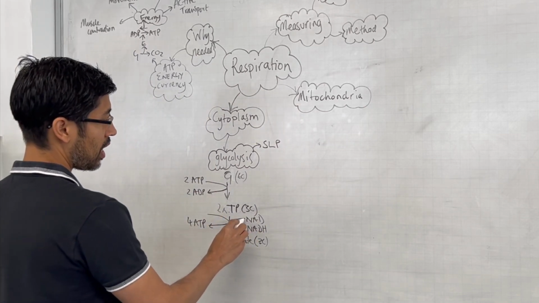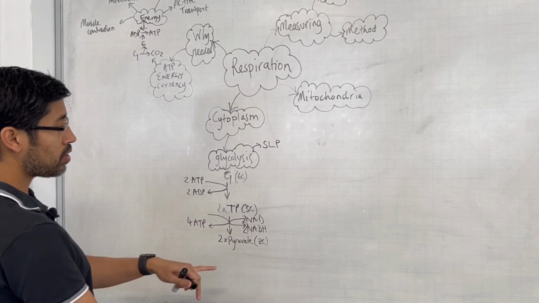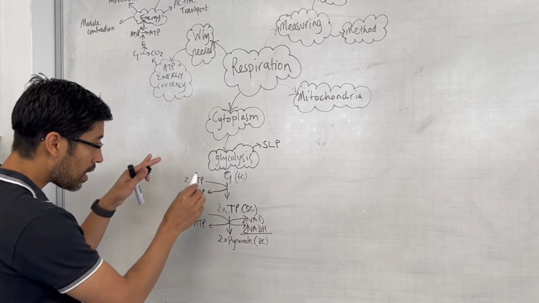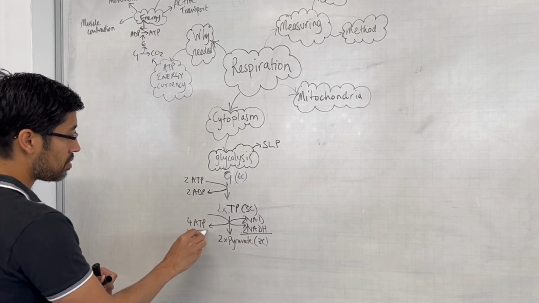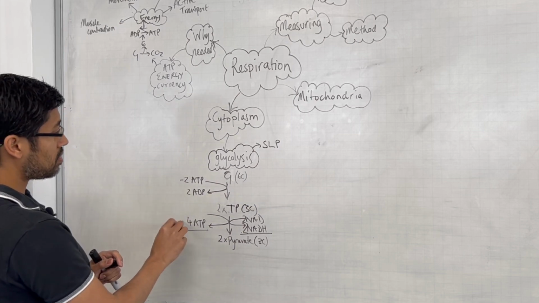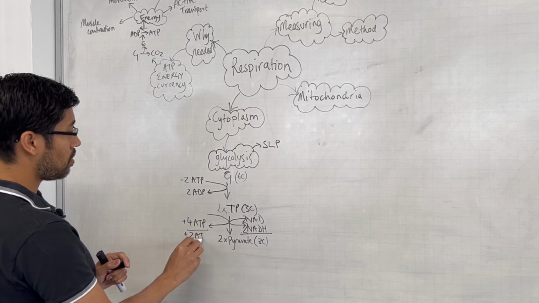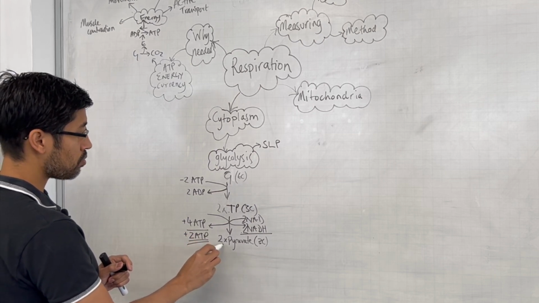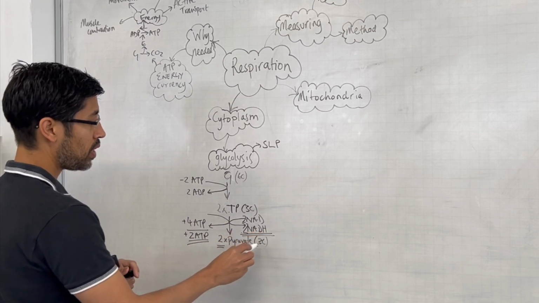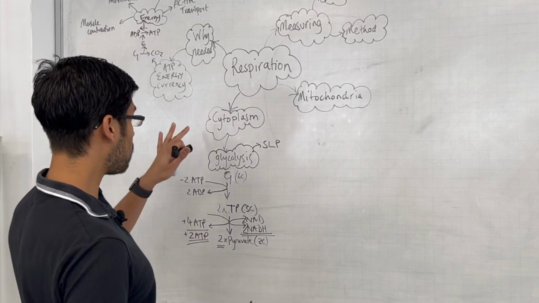I believe the number here is 2. So for every 2 pyruvate molecules, we produce 2 reduced NADs, and we lost 2 ATPs and made 4, so that gives us a net plus 2 ATPs. So it's all the 2s. Just remember that number: 2 NADHs, 2 pyruvates, and 2 ATP molecules produced in